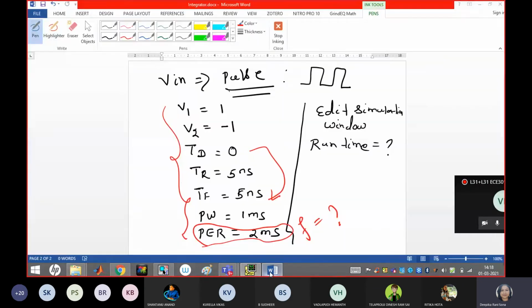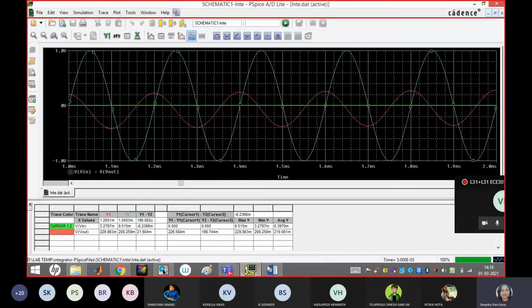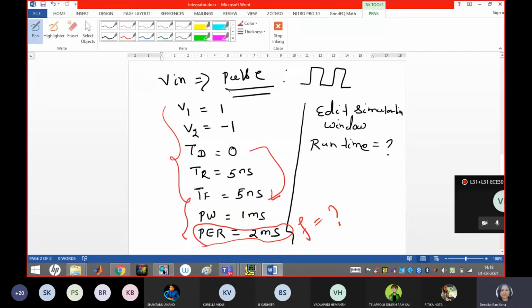Then as I have shown in my notes for the pulse wave, you have to insert this data into the pulse wave and start simulating your circuit. I have shown for 5K; you have to do it for 1K for the sinusoidal waveform and for the pulse wave also. I have given the data for 1 millisecond and 2 millisecond. You have to identify the runtime, step size, and show me the output, what kind of output you are getting for the integrator as well as for the differentiator.